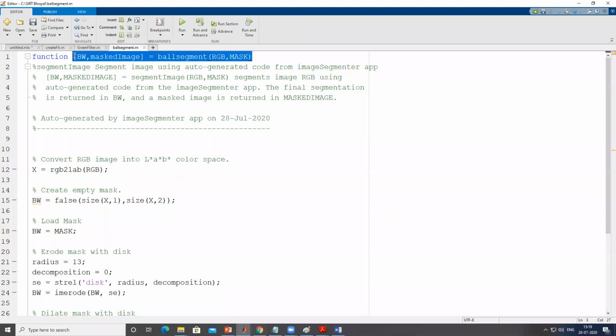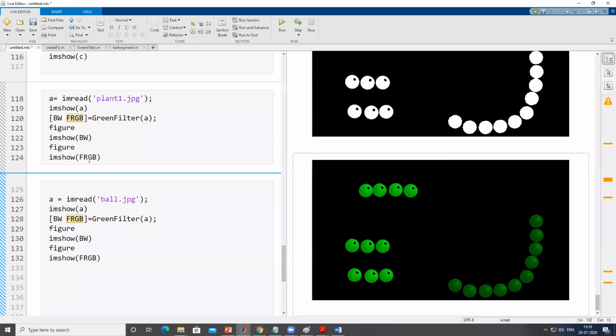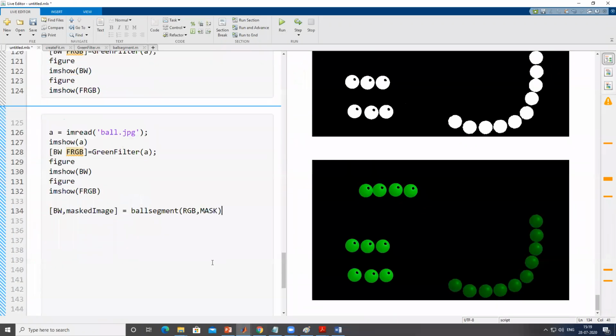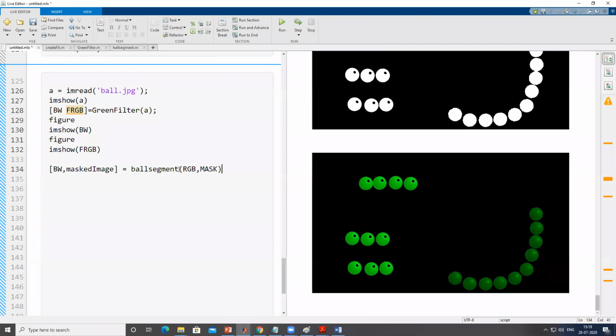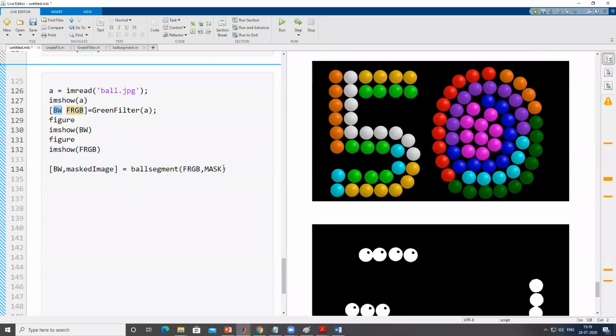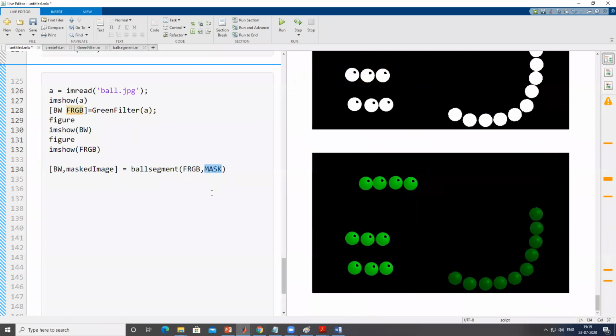And now I'm going to copy this line of code, come back to this code, and here I'll write it. So the first RGB will be my FRGB, that is filtered RGB. And in place of mask, I have to pass the black and white output of the grain filter. Okay. And again, this will give me two images.